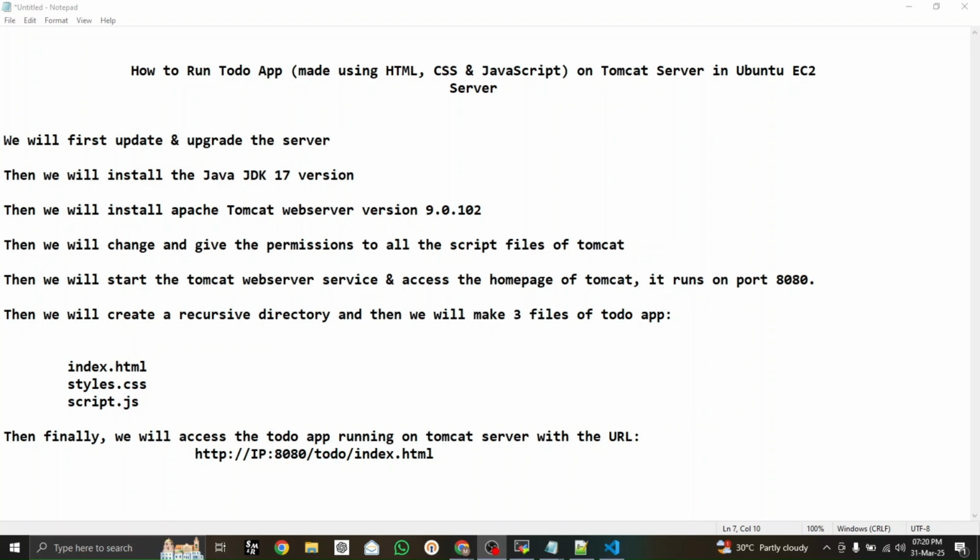And in this video, I'm going to show you how you can run the to-do application, which is made using HTML, CSS, and JavaScript. Basically, these are the front-end programming languages, excluding the HTML. HTML is not a programming language, but it is basically a markup language. Okay, so I have made the to-do application using this program stack, and I will be deploying this application on